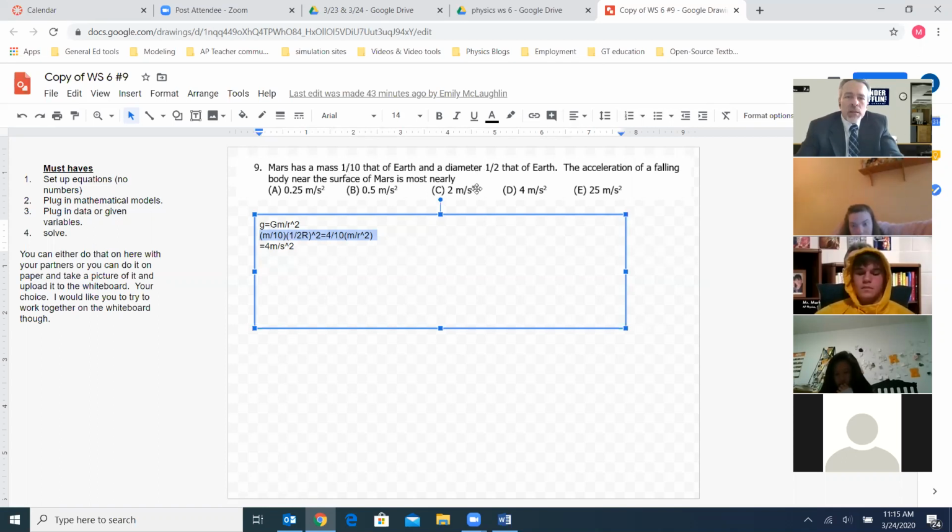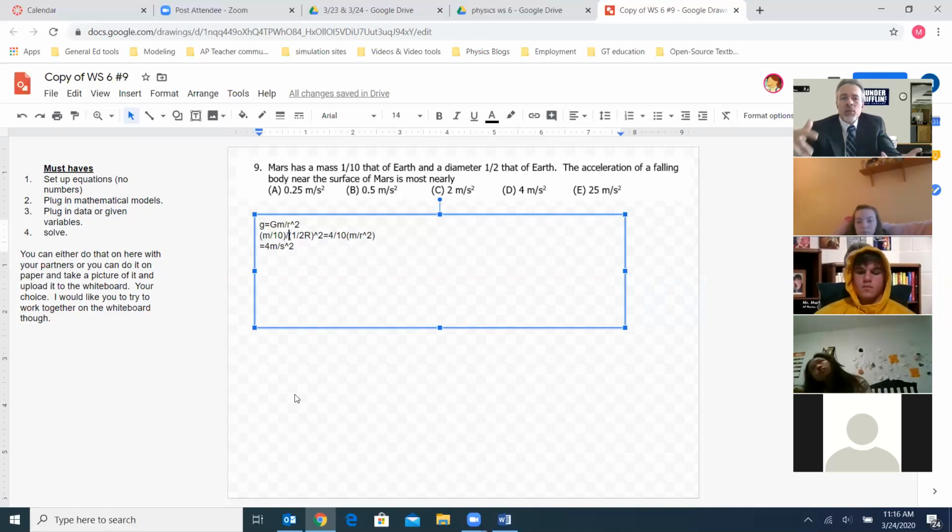And she plugged in 1/2 the radius because that's the radius of this planet. And so she has m over 10, and it should be divided by, I think we missed that here, divided by 1/2 of r, that whole thing squared. So really it's going to be 1/10 over 1/4. Well, that becomes 4/10. So 4/10 of the acceleration due to gravity on Earth, 4/10 times 10 gives you an